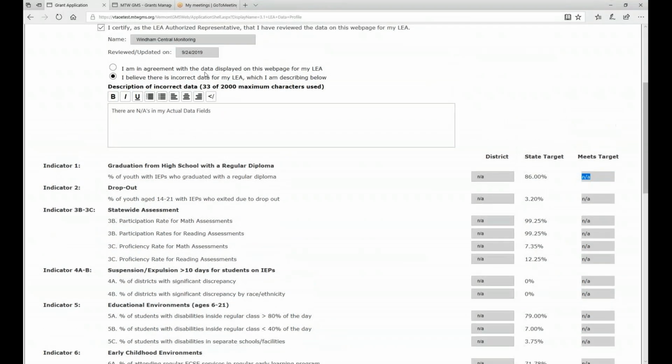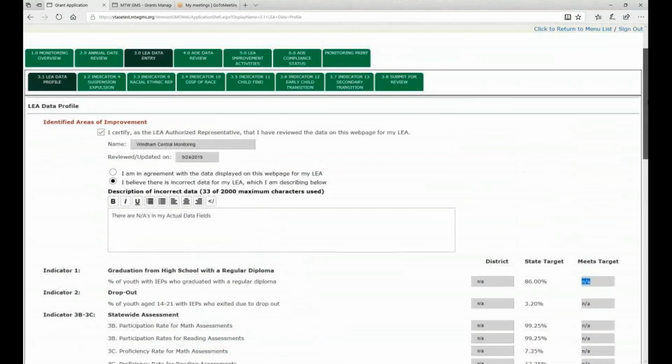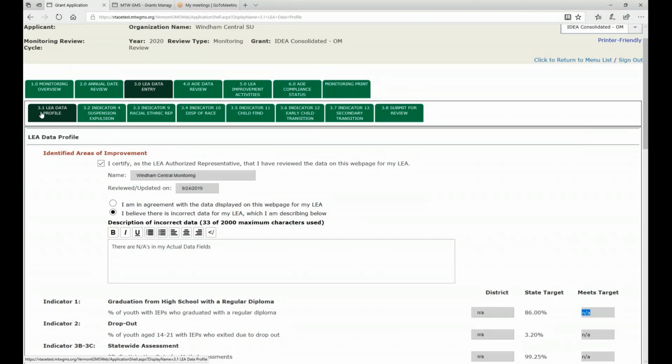So other than the, yes, I've reviewed the data and I agree or don't agree with it, there's nothing for you to save within this page. All these fields are simply data that has been loaded by the state. Now, if we move on further down the tab 3 sub-tab, you'll notice that there are multiple